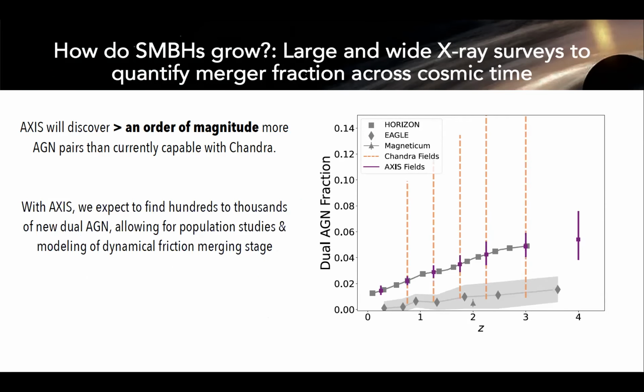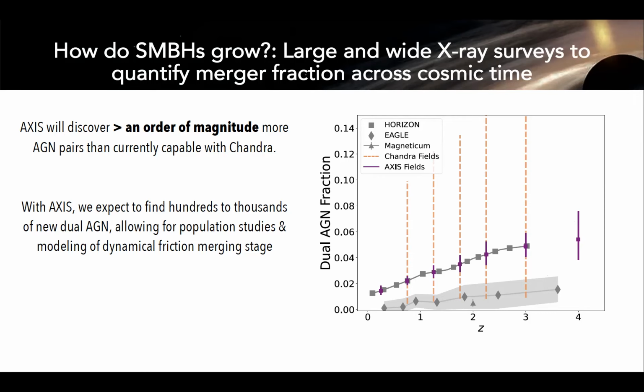So the best that we can do, assuming one of those hydro simulations is correct, AXIS is going to be finding tens of thousands of AGN in just the deep and intermediate fields that I spoke about. And because of that, our error bars are going to be much, much smaller for all of these dual AGN fractions. And the most exciting thing, I think, is that we're going to start to push our measurement to higher redshifts. And I want to highlight that this is just using the deep and intermediate field data from AXIS. We also should have a lot of data from just GO programs. And it's possible that we can push this out to even higher redshifts.